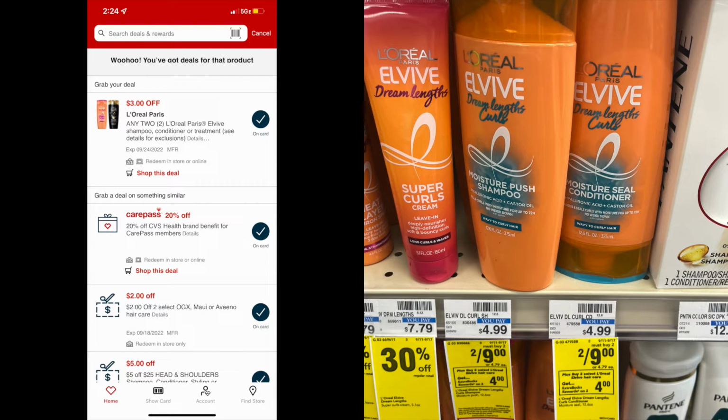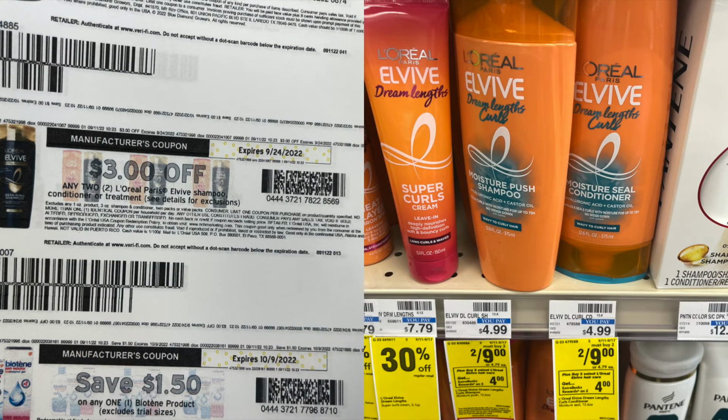What we're going to do is pick up 2 of these at $4.50 each. Our total is $9 before coupons. We're going to use this $3 digital coupon on the app. And then there's also a $3 coupons.com printable coupon that you can print off. You're able to use both of those. The $3 coupon on the app is going to come off, and then you're able to use the $3